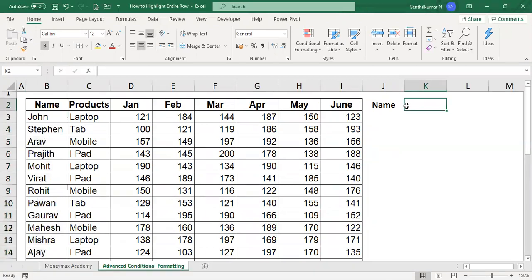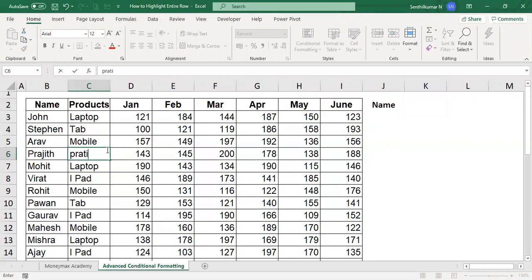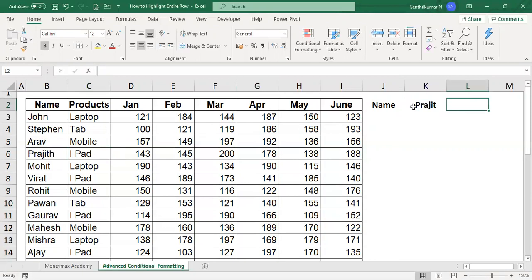You cannot type John, Arav, Prajit, Mogit every time. If you type a spelling slightly differently, you will get an error. So we can use data validation.